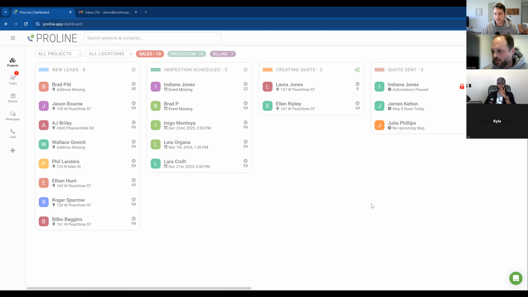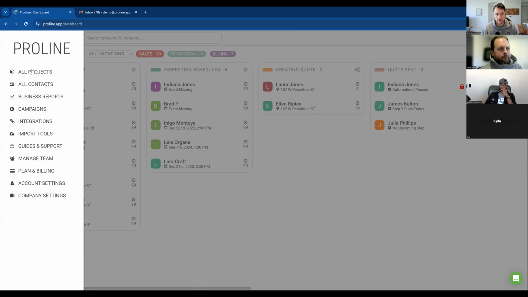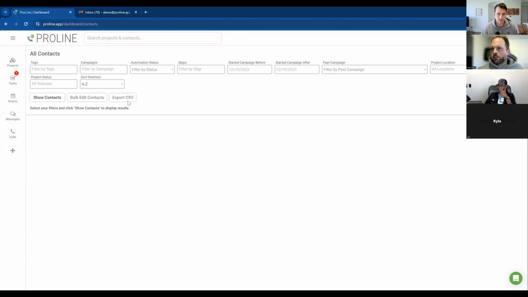Today we're looking at, this is not going to be a long one today. We're just looking at CSV exporting, the new CSV export functionalities. We have two, these have always been here, but this is where the CSV functionality is in these all contacts